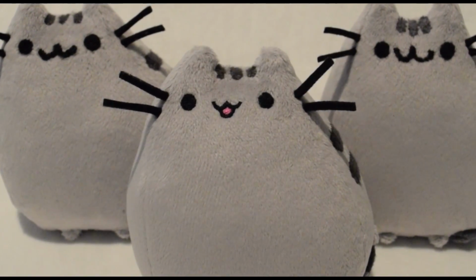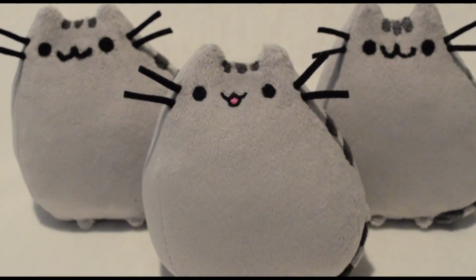Hey everyone! In this tutorial, I'll show you how to make these little cuties, including how to sew on the